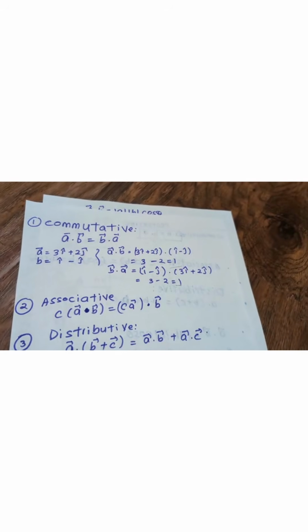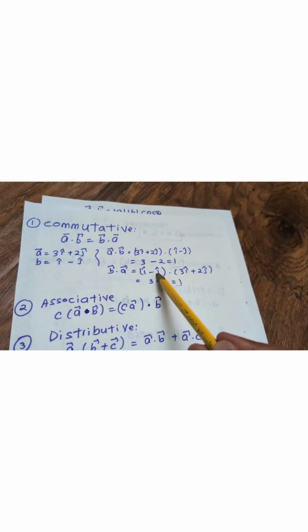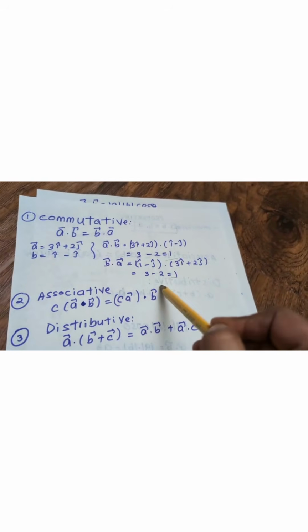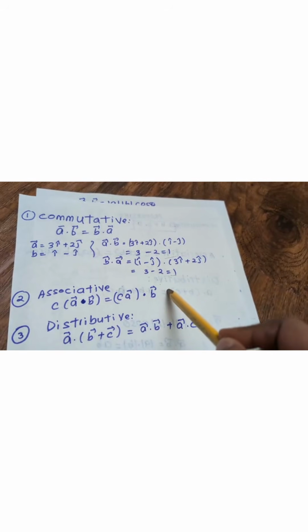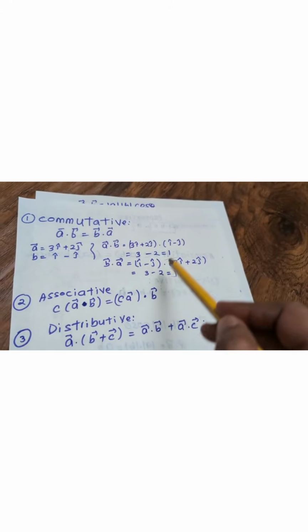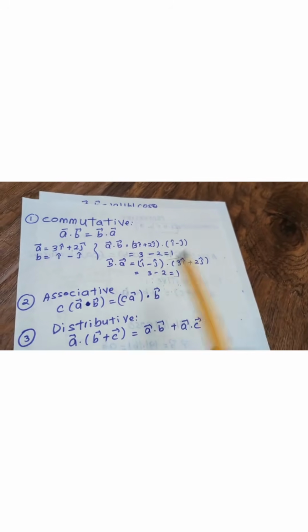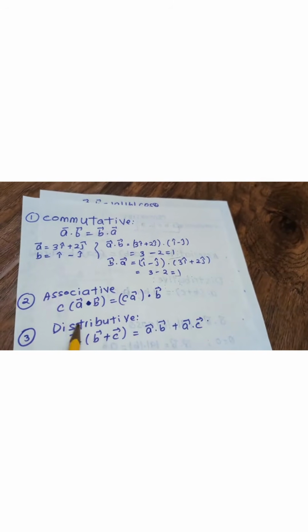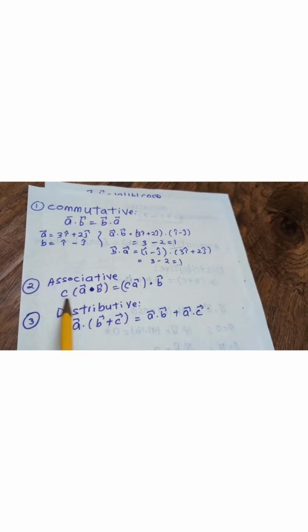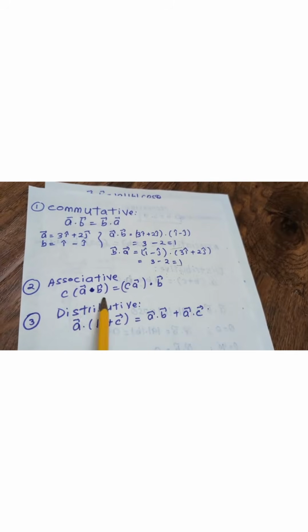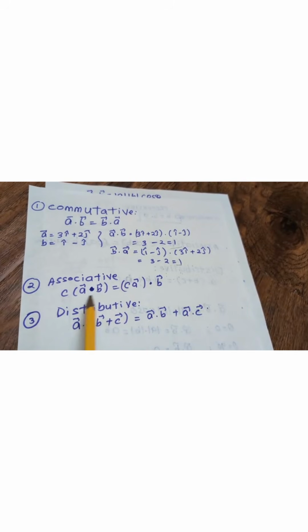Here we found this in a different format. We are going to discuss how we get the result in this way. Now, the associative property. What we mean by associative is that a scalar multiplied with the dot product of two vectors